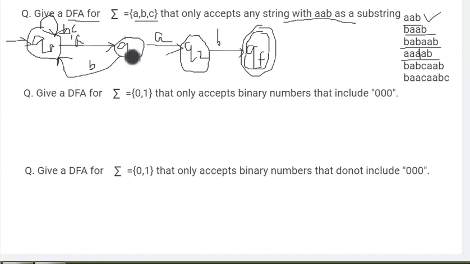Why? Because there would be multiple paths. At Q1 state, I cannot put a loop here. But if it was an FA, okay, but DFA requires a unique path. So Q1 already has A as an input going to Q2 state, so I cannot make a loop here. But at Q2 state there is no A input going anywhere, no transfer for A from Q2, so here I can put a loop for A. Any A coming at Q2 state stays in this loop, in the same state, and then when B arrives, it can move to final state. So here we can see the difference, that in a DFA we have to check the unique path.